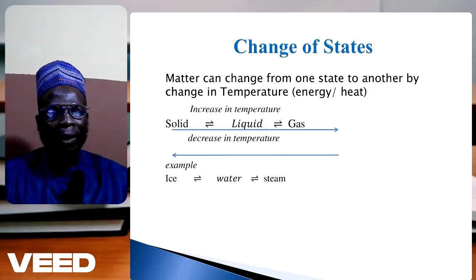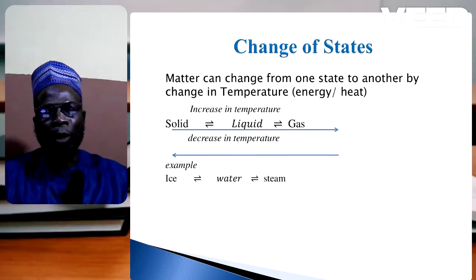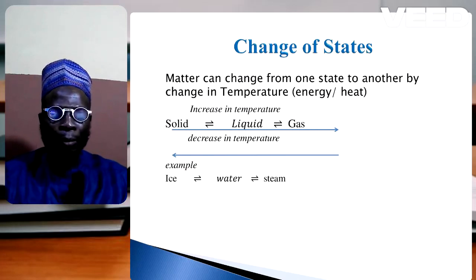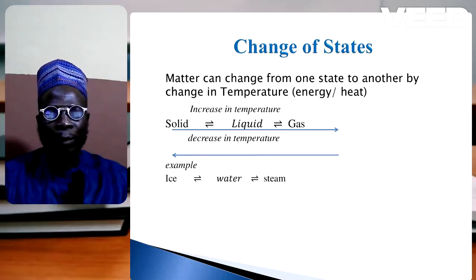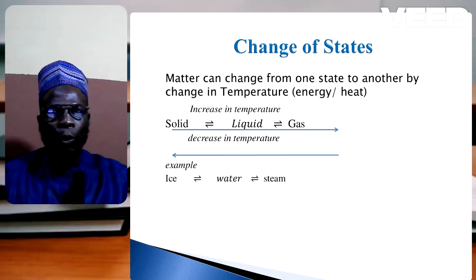Change of state of matter now. As we said, matter has 3 states: solid, liquid, and gas. So matter can change from one form to another. Ó lè change from one form to another. So due to the change in temperature, whenever there's change in temperature, bí a bá heat rẹ̀, agbẹ́ sínú oòrùn ṣáà, gain energy sí, so it can change.